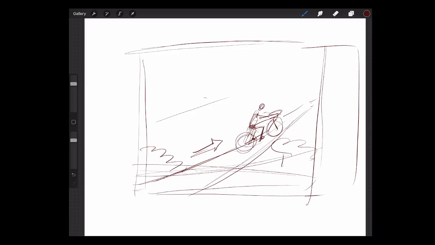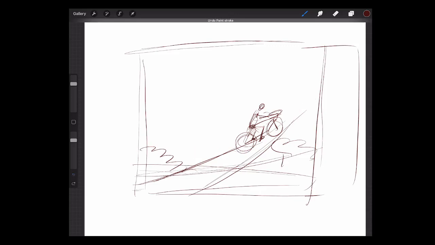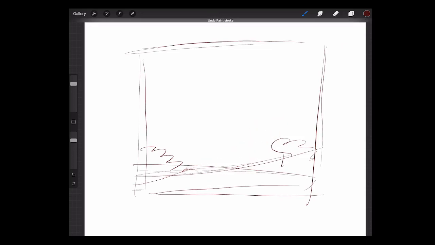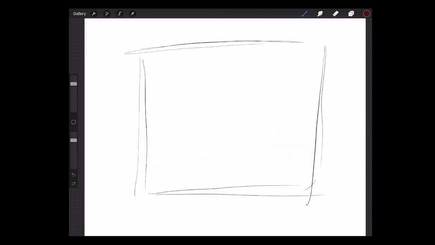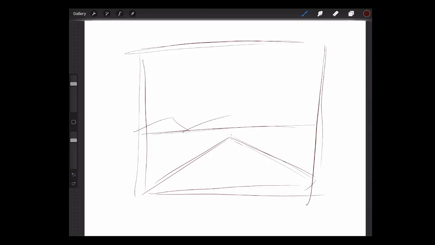You know what? I'm not really digging this idea. I thought of something a little bit different. Let me go backwards a little bit. I'm going to do a one-point composition like this, and they're going off into the distance. This is a road.